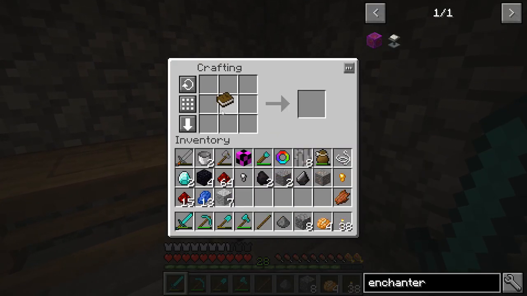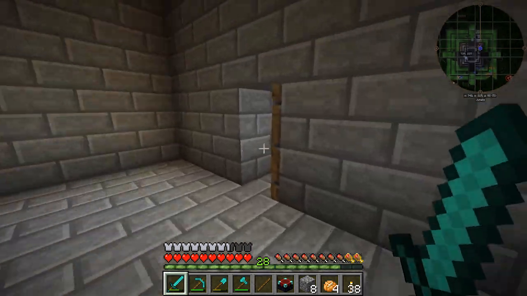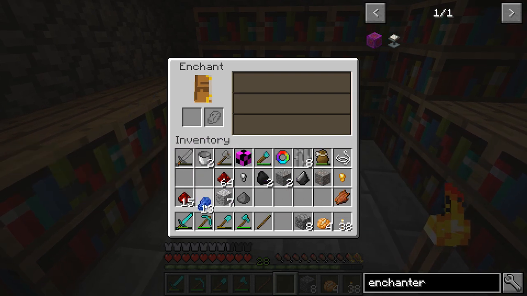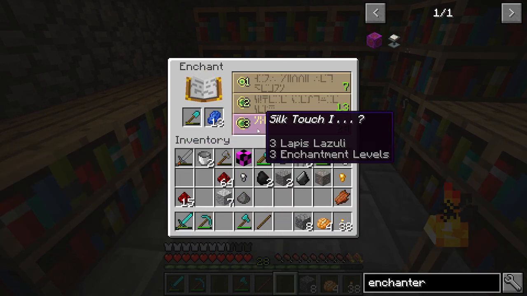Crafting table. No, you go there. Ye oldie enchanting table. Right. So you do that for lapis and shovel. We should be able to...